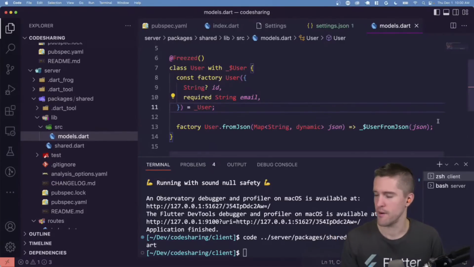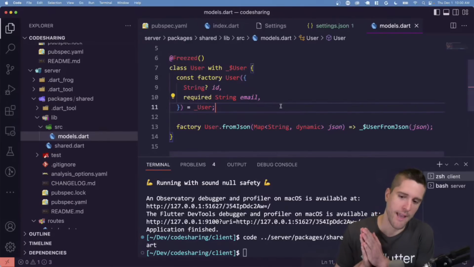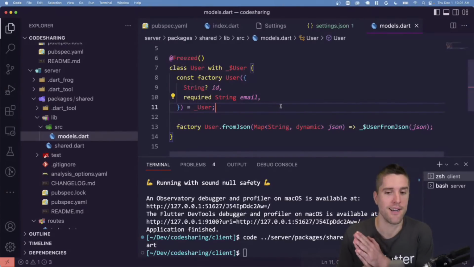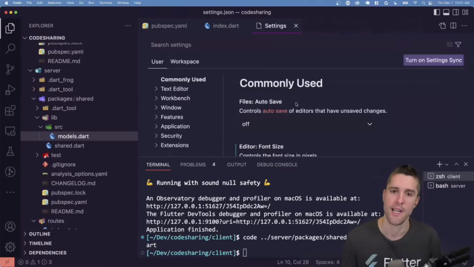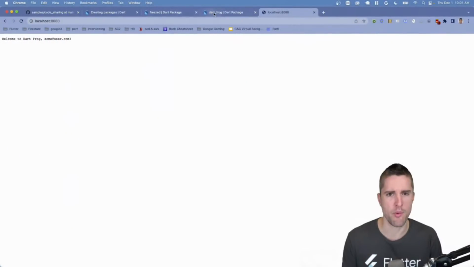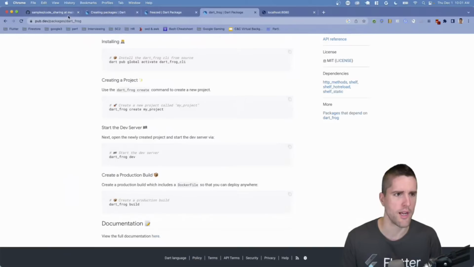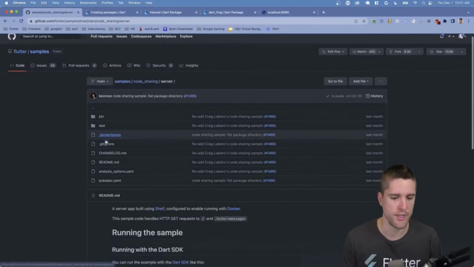All right. I think I've exhausted the starred comments. Great. We're back. So it's Postgres time. We're going to start using some tech that is just outside of the Flutter and Dart world. Specifically, I'm just going to reference the example because I don't really want to write it all again from scratch. So in the code sharing example, if we click on the server directory, we should see